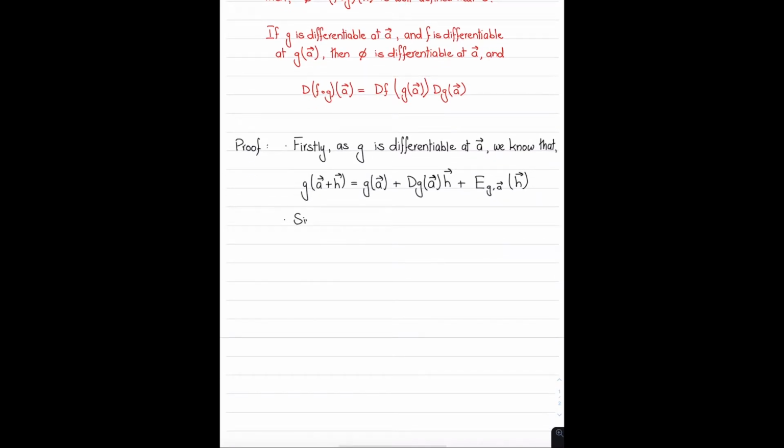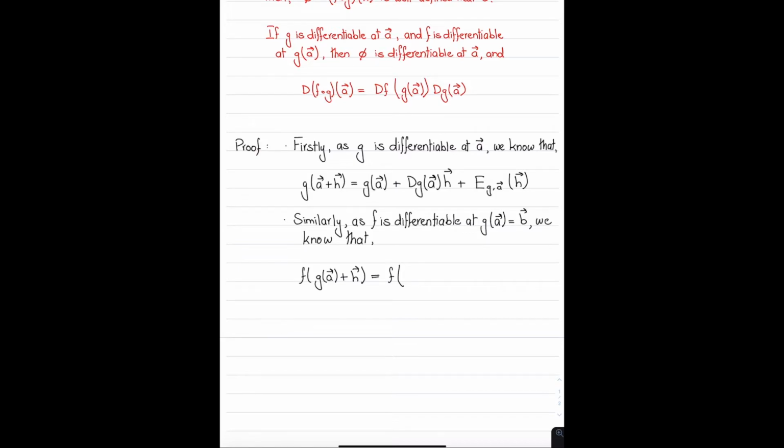Similarly, as f is differentiable at g of a, and I'm going to label g of a to be, let's say, equal to b, we know that f at g of a plus h